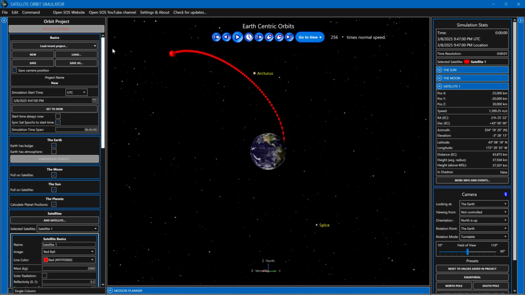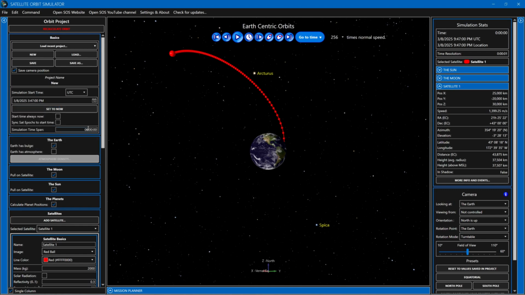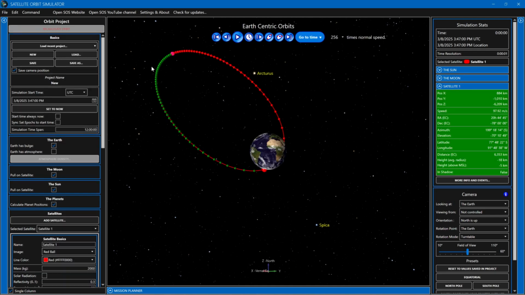Now, make sure that the Sync Satellite Epoch to Start Time checkbox in the main window is not checked. Then, set the simulation start time to 6 hours earlier than epoch and set the simulation time span to 12 hours. Finally, recalculate the orbit. Note the green spheres for orbit positions before epoch and red spheres for orbit positions after